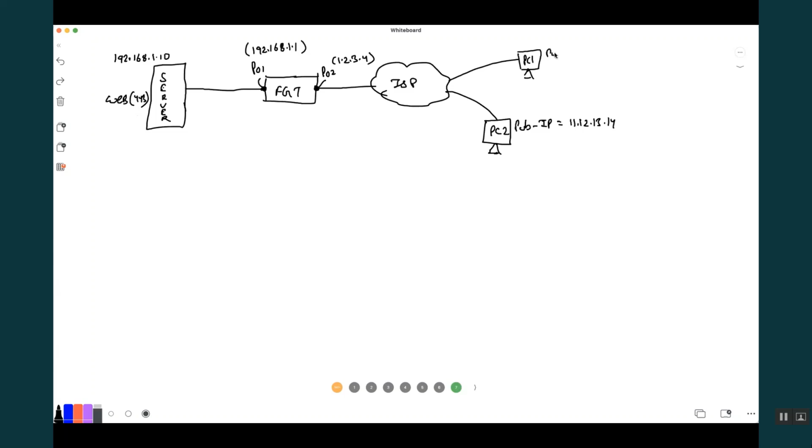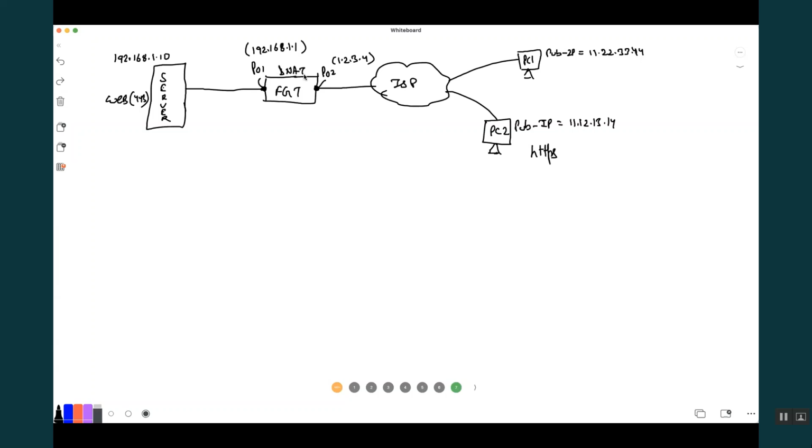PC1 also has a public IP, and that public IP is 11.22.33.44. The PC2 wants to access the web server. So it executes HTTPS, and of course you have configured a DNAT over here.